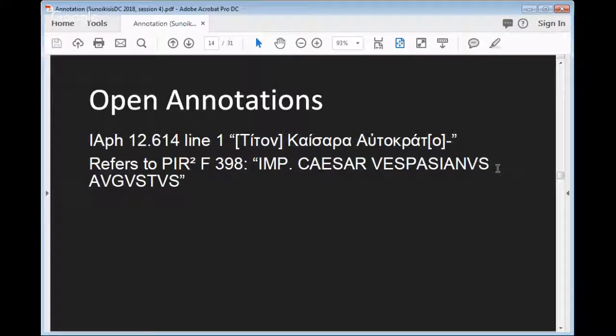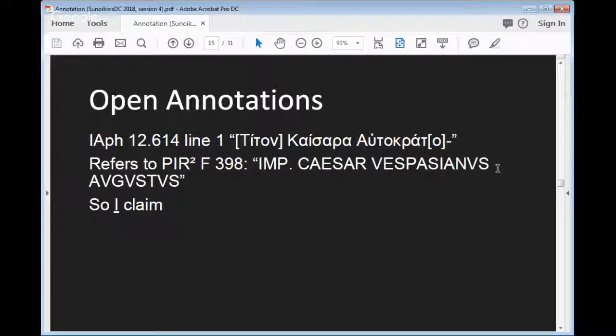However, let's enhance that a little bit. If we make such a statement in an academic context, I need to do more than just say that line 1 of this inscription is a reference to Vespasian. I need to cite a source for that. I need to say who said so and where.